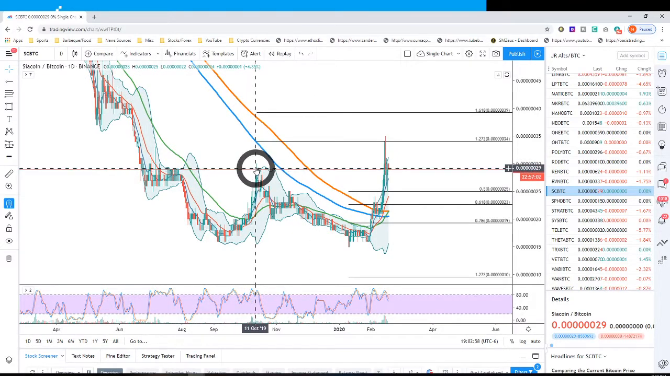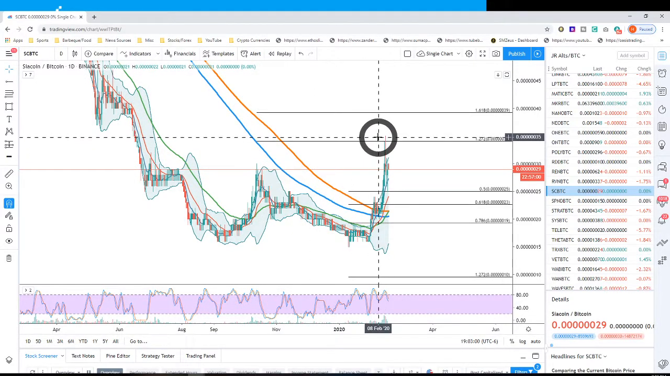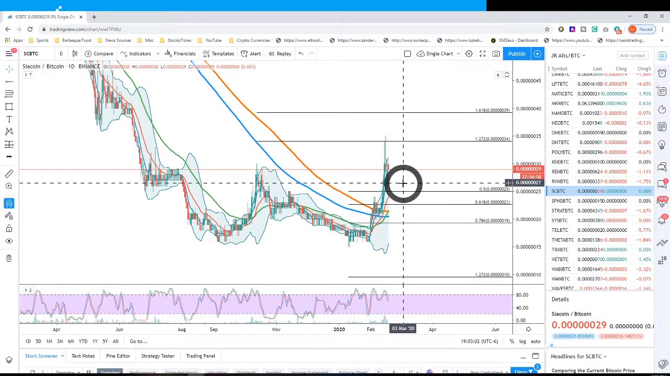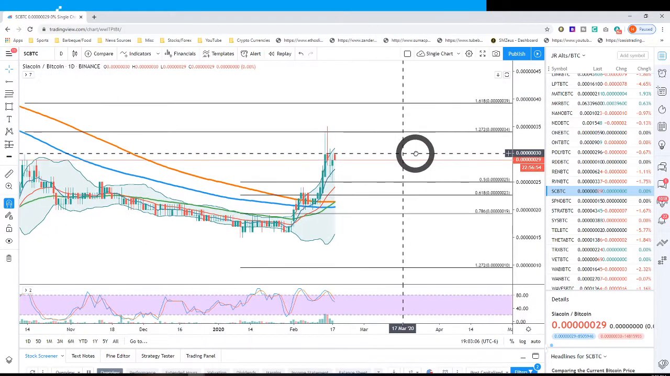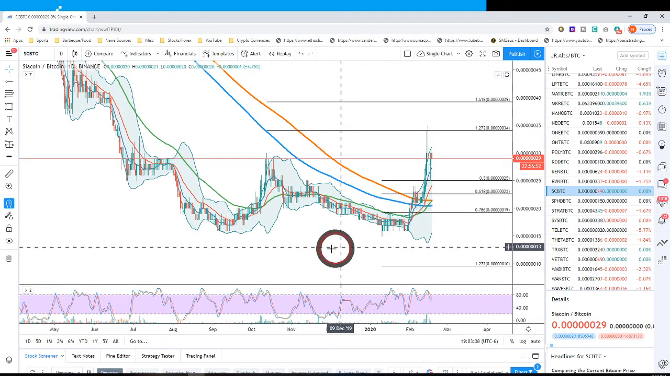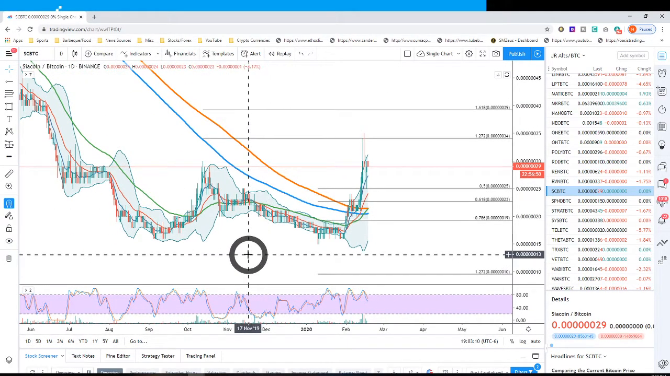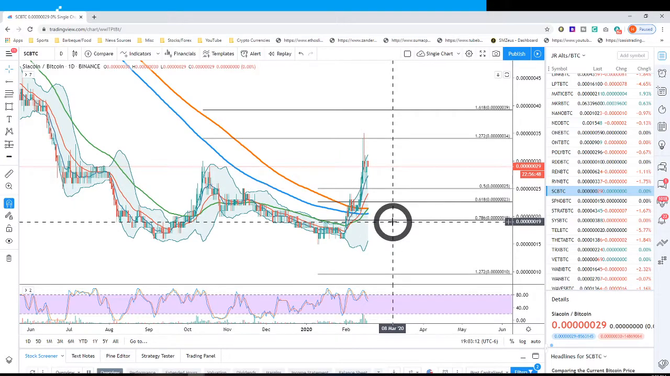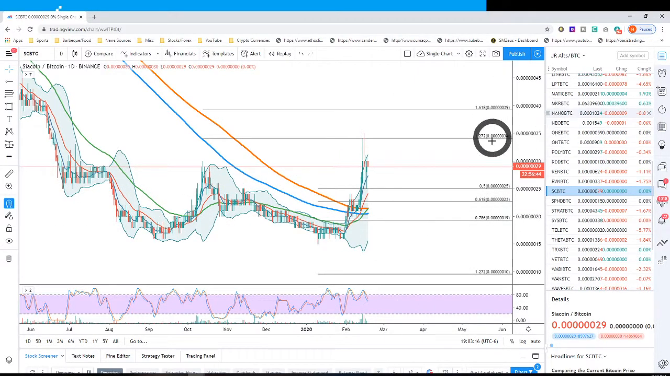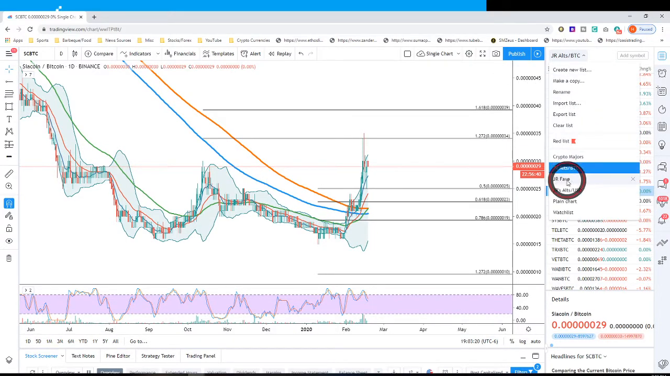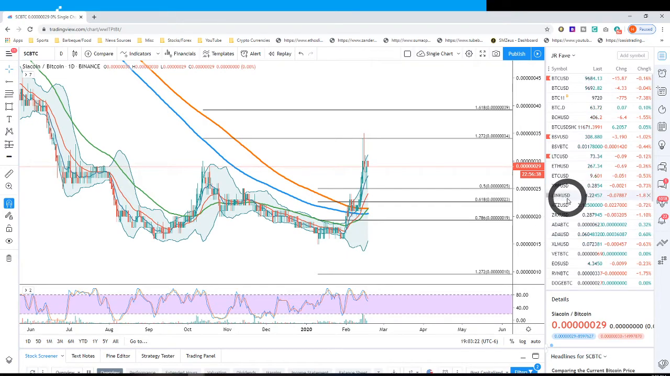Made a high here, higher high here. Doesn't look too half bad, really. I would just say, if you've got profits, don't be afraid to take them. We've seen the moves and what can happen. So don't be afraid of taking any profits. Okay, so that's SC. Let's go look at